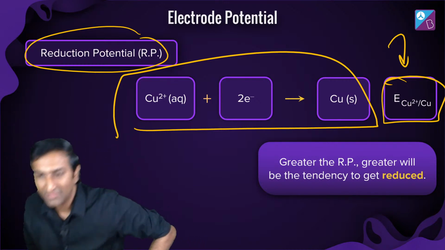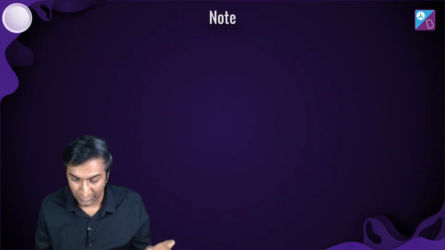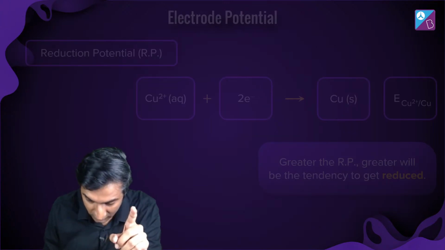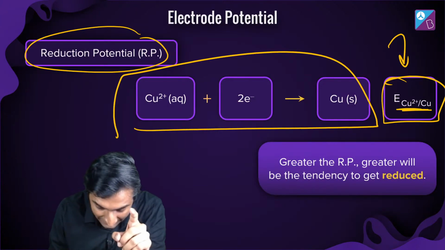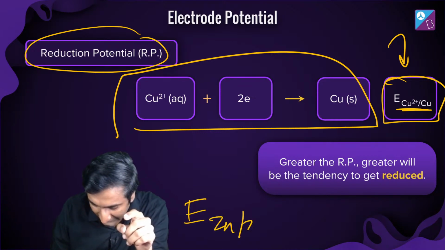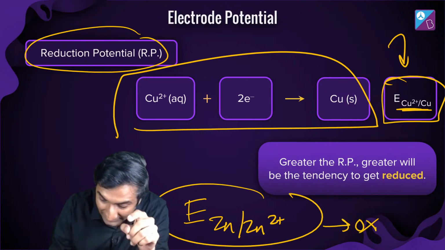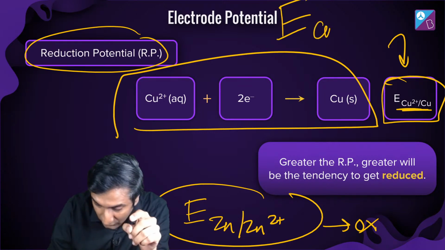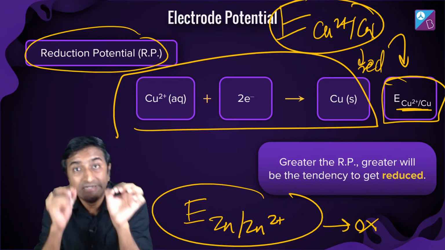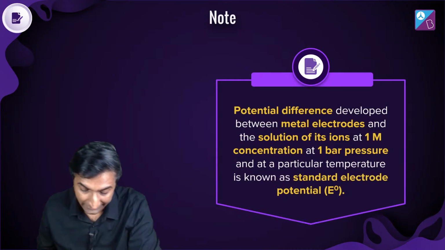ठीक है, quickly. Anyway, so अगर reduction potential है ज्यादा तो tendency reduce होगी ज्यादा, just like oxidation potential. मैंने लिखा, ये जो मैं लिख रहा हूँ ना, there's a method to this madness. पहले मैंने लिखा था E, Zn2 plus, मतलब this is showing that oxidation is happening. और यहां मैंने लिखा है E Cu2 plus to Cu, मतलब it's clearly showing कि this is reduction. Okay, so pay attention to the details. Electrochemistry is all about the details. ध्यान से देखो, ठीक है.